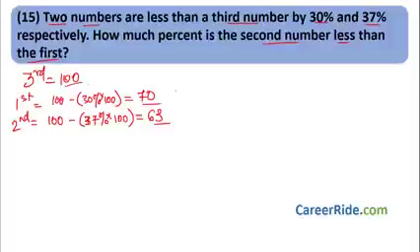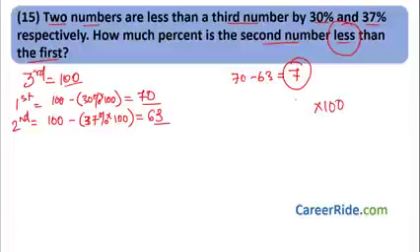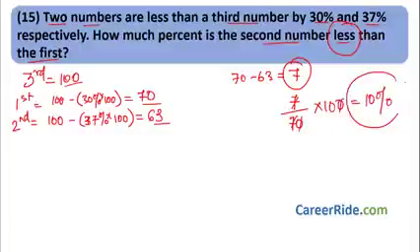Now we want to find out how much percent the second number is less than the first. So this is like the previous sum, the less quantity is there. How much is the second number less than the first? 70 minus 63 equals 7. So the second number is 7 less than the first number, and we have to find how much percent less it is. For percent, what do we do? Multiply by 100. 7 as compared to what? The first number. So what is the first number? 70. This gets cancelled, this gets cancelled, we get 10%. So the second number is 10% less than the first number.